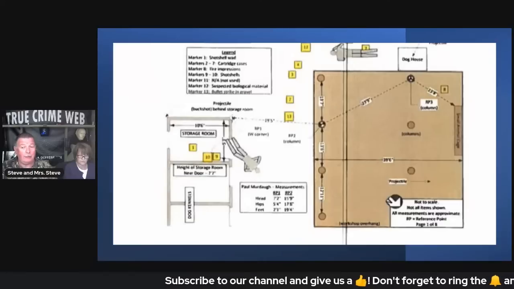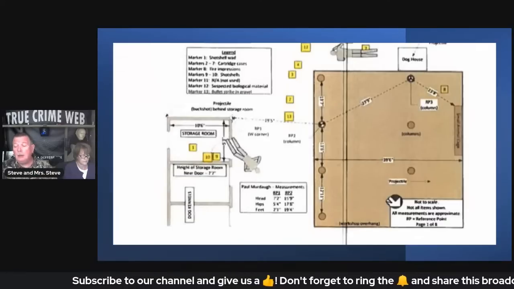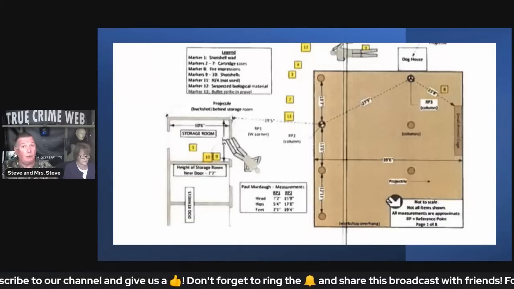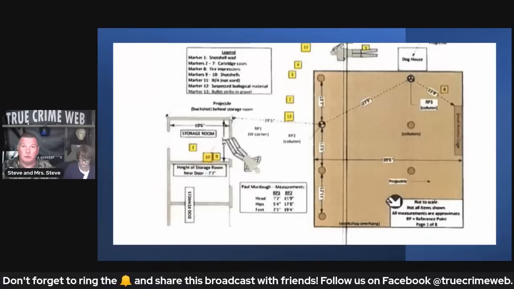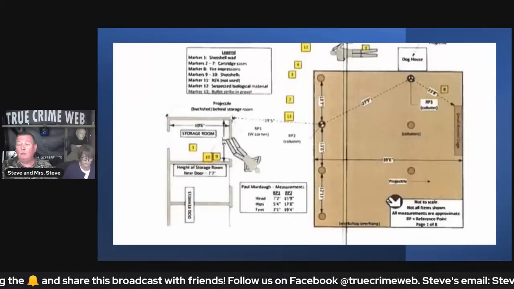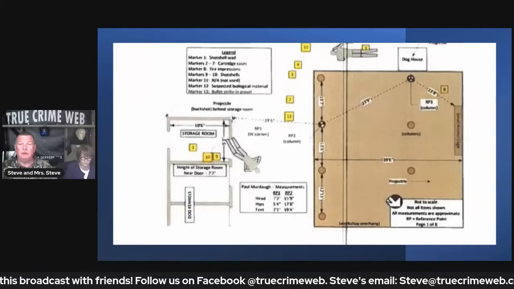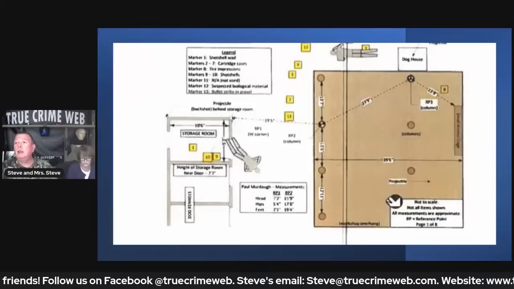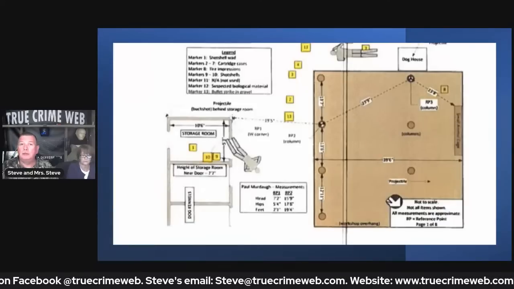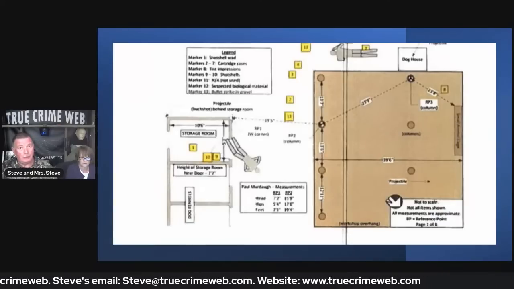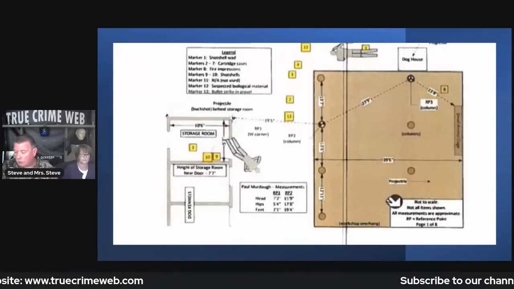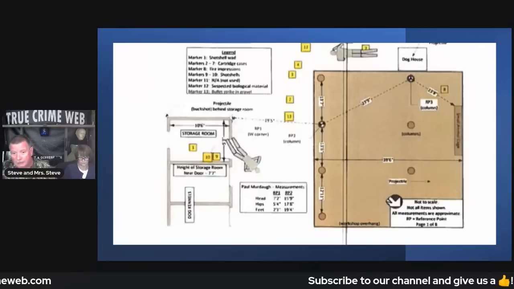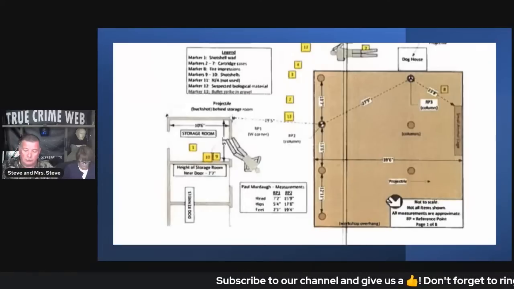And you'll understand that by the end of this video. You'll understand the importance of some of the blood spatter, of how it was created, and why normal people are never exposed to certain types of blood spatter unless you're at a crime scene. And if you have that type of blood spatter on you, it can only come at a certain time. And that's what we're going to talk about tonight.